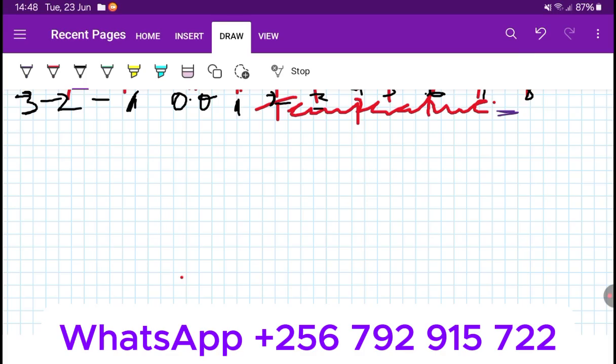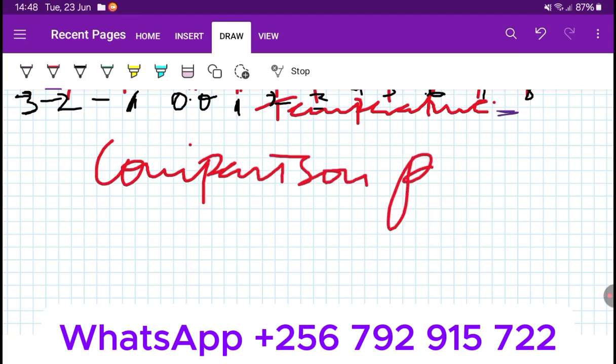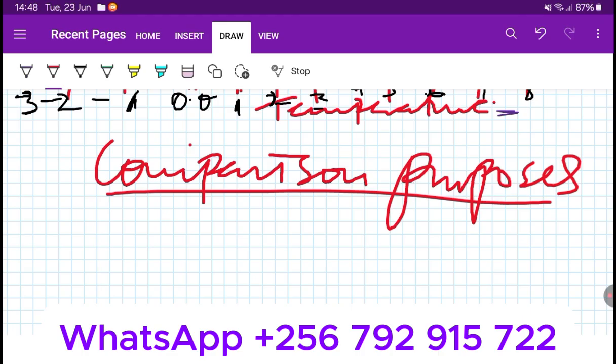You can be given data, but this data needs you to just do a comparison. They are mainly used for comparison purposes. For example, if I'm dealing with maybe population pyramids,